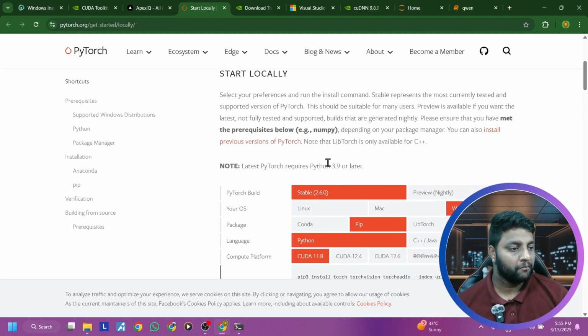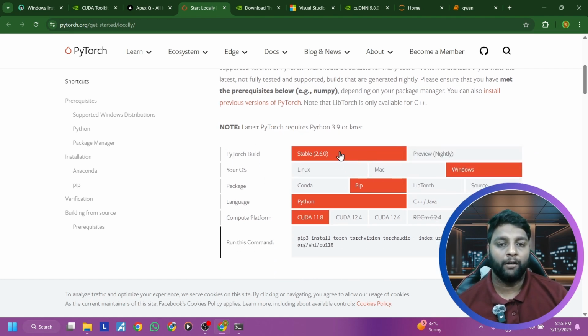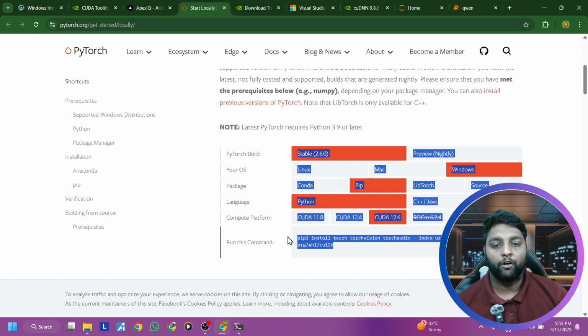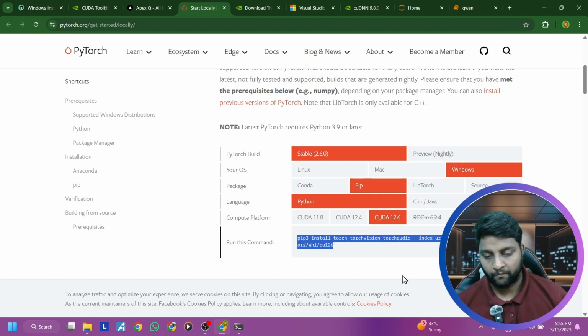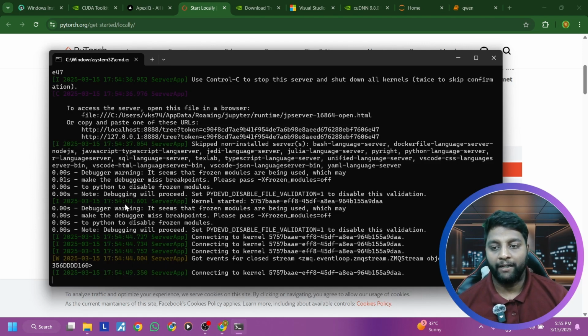Scroll down, and here you can see stable 2.6. Select Windows, package pip, language Python, and here CUDA is 11.8. This will not support, so make sure to select CUDA 12.6. Copy this command simply. Okay. Open it in your